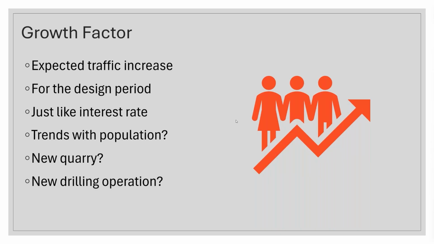So we figure out what percent traffic increase we expect to have over that design period, and we need to total up how many total ESALs that is going to mean. We calculated ESALs just a minute ago, but that was just for this year. We want this pavement to last more than this year, so we need to know all the traffic that's coming. So now we're getting into forecasting things in the future, and we don't know where the subdivisions will be, where the Walmart stores will be, the Home Depots, where new areas of development will happen, all kinds of changes and things that can happen. So we need that crystal ball to do the best job of it, but we do the best we can.